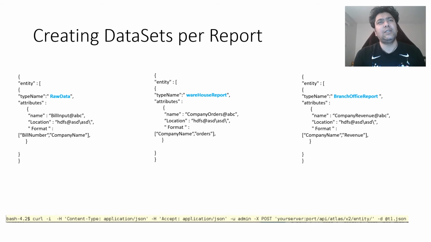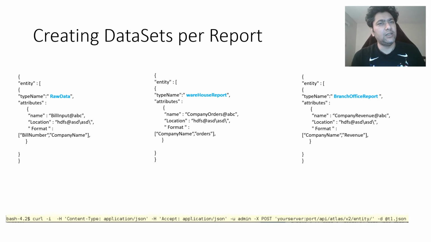The second entity: when it is processed by the report, it will generate a new entity. It will have a warehouse report, of the order, like which company, how much order was coming from which company. We are showing that this report is saved at a certain location, specifying the location and what are the columns that are present in that report. Moving forward, similarly, the head office might be trying to predict the revenue for each company. So where that data was saved and what were the things in the columns. Because we have the column details, even after a year we will be able to understand what was written there in the data.